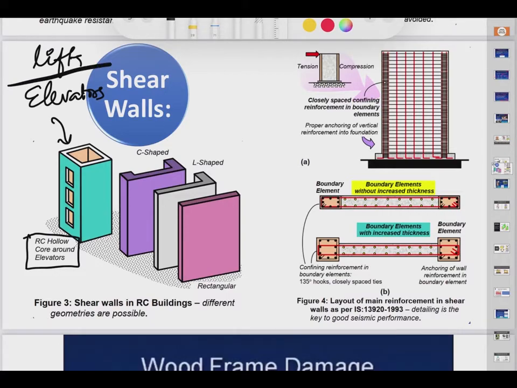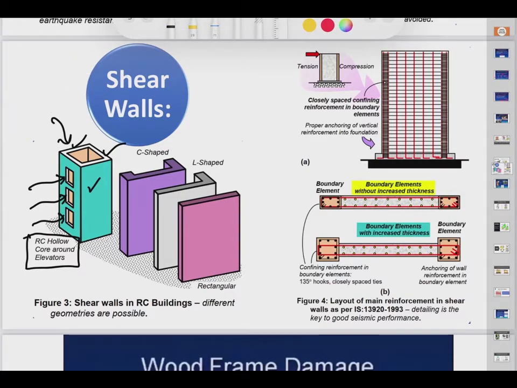Now elevators are different from escalators. Escalators are the automatic staircases. Elevator, you understand, is a lift. So around the lift you need not provide openings on three sides. This side no opening is required, no opening, no opening. Only the opening is required on this side. So such an RC wall constructed around the elevator can function properly as a shear wall.